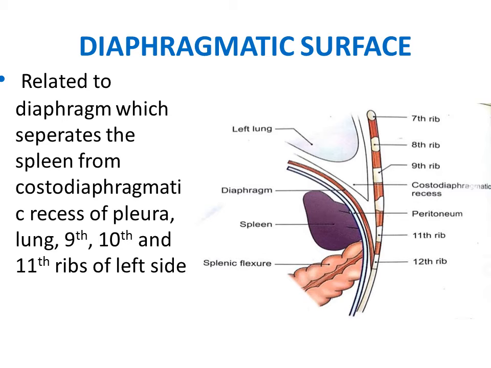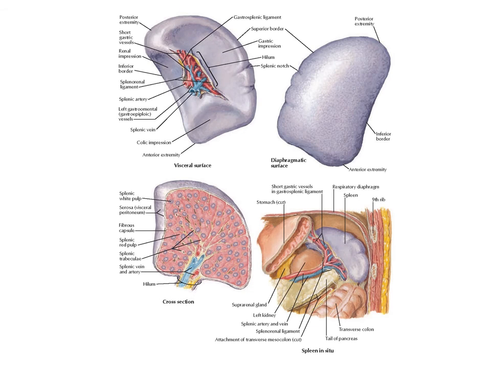So we are done with the visceral relations now. Now we'll have a quick revision of all the things what we have done. We are done with the introduction part, dimensions, axis of spleen, external features. Now see over here, coming back again to the external features, anterior end, posterior end, border, superior border, intermediate border, inferior border, right? Surfaces, this is visceral surface and this is diaphragmatic surface, which is convex and smooth, right?